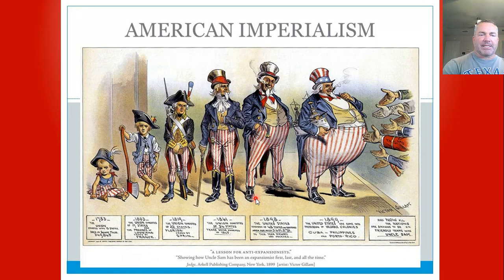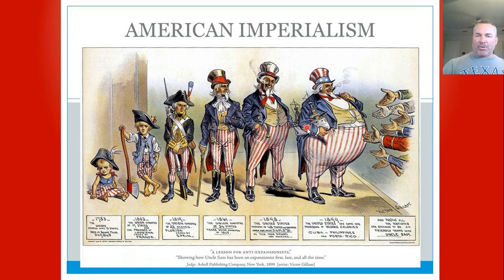Okay, and then one thing I wanted to show you is this little painting here. This shows the United States, and when we were a young country, we were like a little boy. And then in 1803, we're like a little kid. And then by 1819, we're like a young man. And you notice that he's getting heavier and heavier. And by the time 1899 rolls around, which is probably when this was painted,